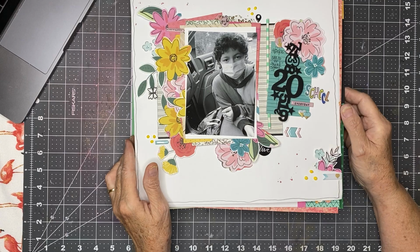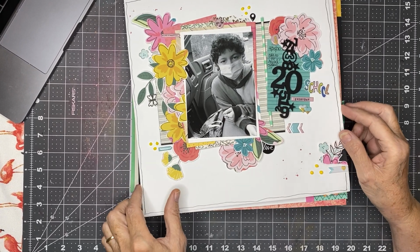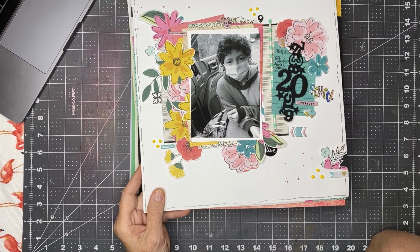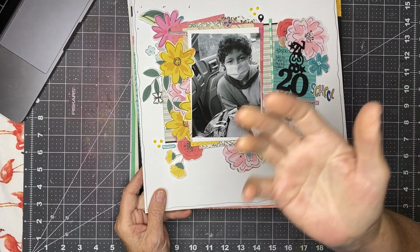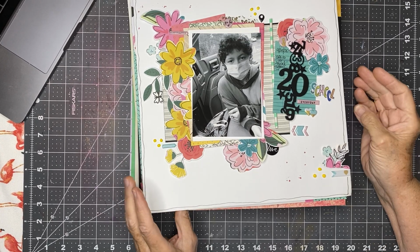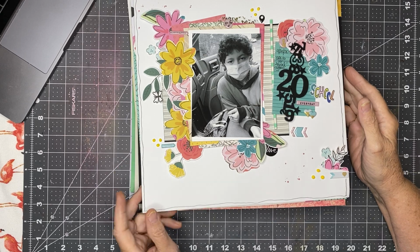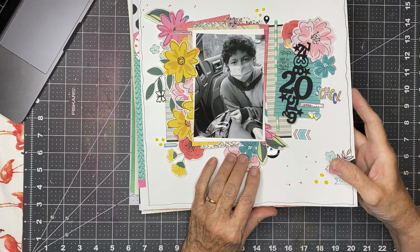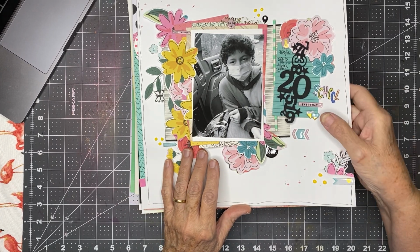I think there are 12 layouts here. I think you've probably seen most of them out and about. I've started putting all my layouts on my Instagram story, and it goes to my Facebook story as well automatically. So there's a little bit more showing there. I haven't been putting it on the Scrappy Kathy Facebook page, and I need to do that. I need to do an update. Anyway,